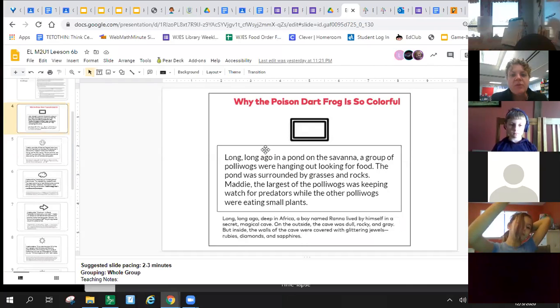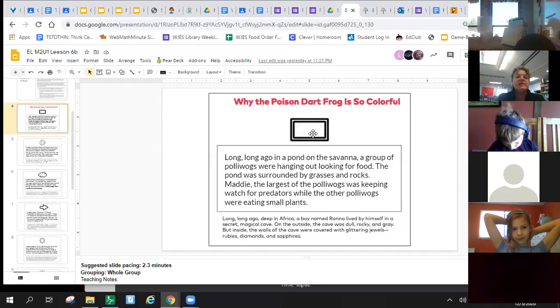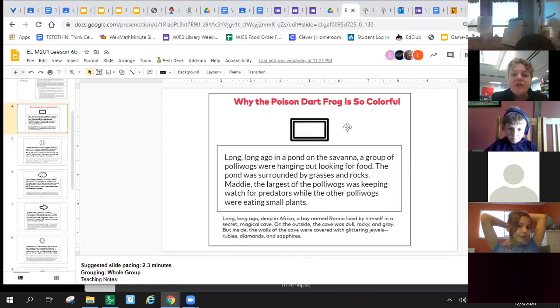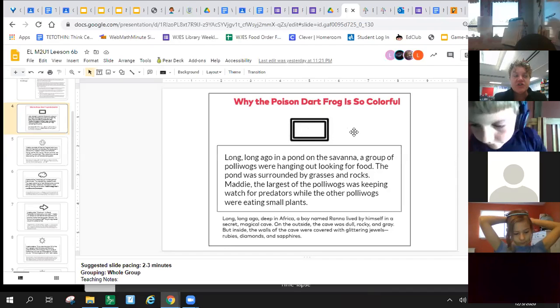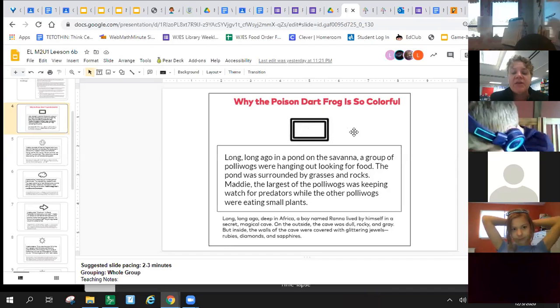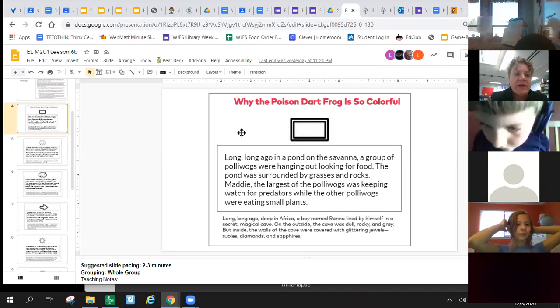So we're just going to quickly remind ourselves of what the symbol means and what the story was that went with that symbol, because today you are going to do some planning and we're going to use these symbols to help us plan. We're not writing the sentences today. We're making sure we have our plan. And if you don't get your plan done today while we're working on it together, you will have some time tomorrow. In fact, it's required that you get the plan finished tomorrow if it's not finished today, so that you can be ready for next week to write.